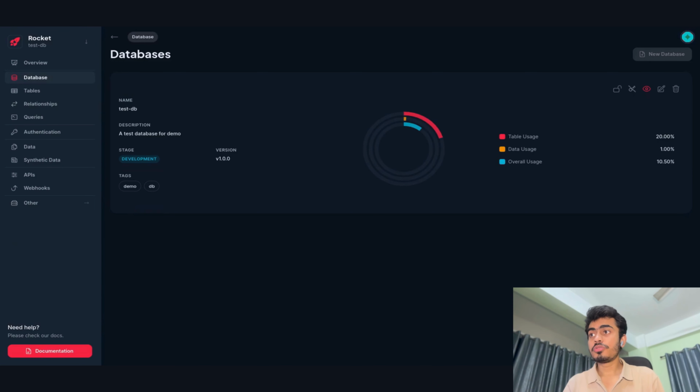So in this video today we'll talk about APIs. Now Rocket basically creates APIs for you. So you define your data structure, you define the particular operations that you need, and Rocket automatically creates APIs for you. So for example, in this case, we already have a database called TestDB, and inside this database, we already